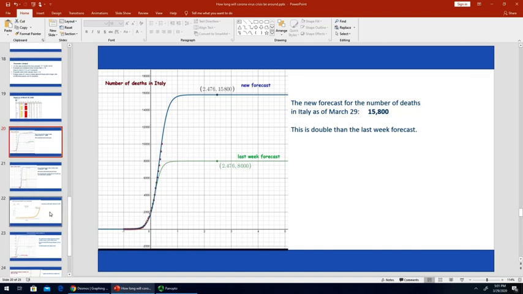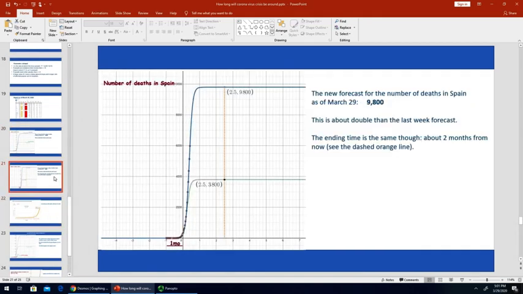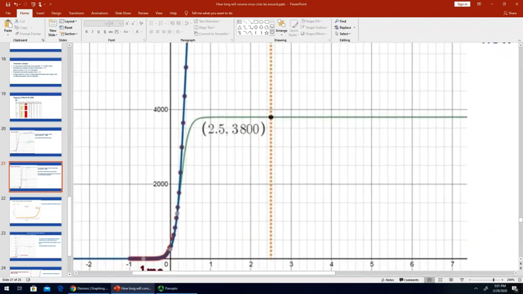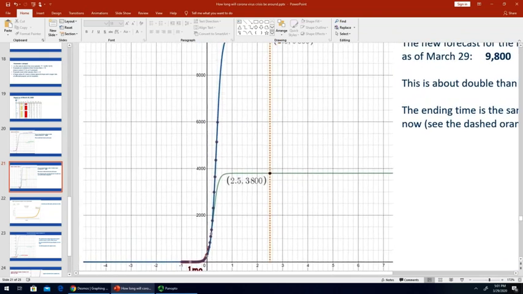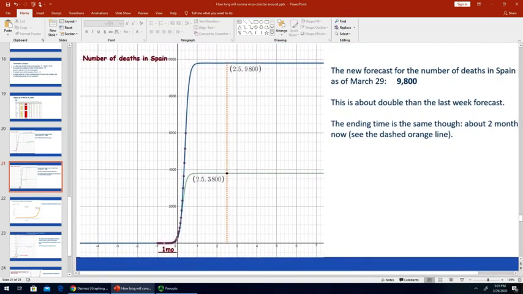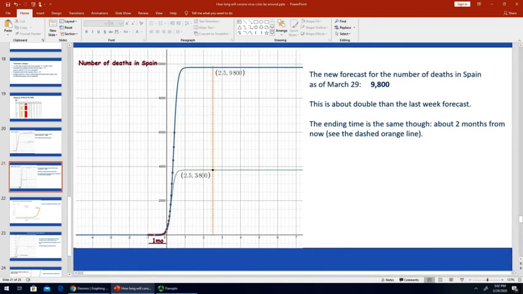Now, the same thing has been done for Spain. The model you see here in green color is the model from last week, when I said that 3,800 people were expected to die. You can see that in only 1 week, the number of deaths far exceeded the threshold I foresaw last week. And right now, the new model I constructed is the blue sigmoid curve, which passes through all the new data. So everything here is new data, starting from this point all the way to 6,000. It comes with a new threshold of 9,800. So it's about 10,000 dead people in Spain